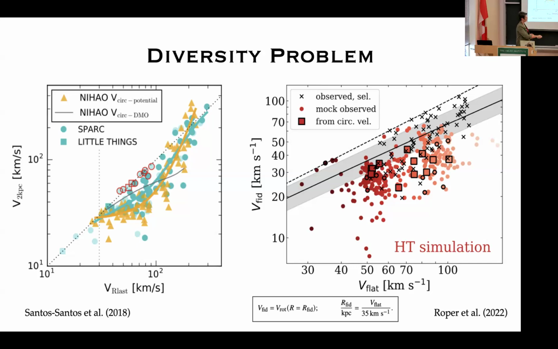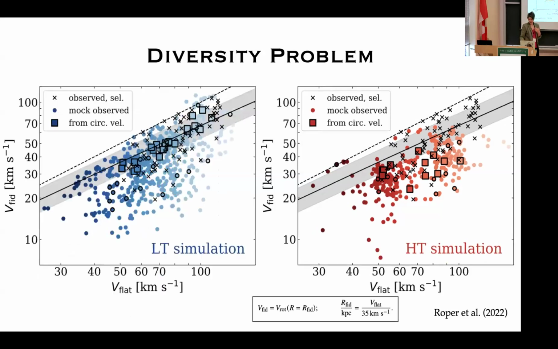You'll notice this HT, this is high threshold, right? So they ran these simulations with a high density threshold for star formation. And that's generally agreed to be what gives you that fluctuating potential that makes cores. And so they ran the same galaxies with a low star formation threshold. And then they said, look, in this case, we can reproduce the steeply rising things. So it's core formation that's a problem.